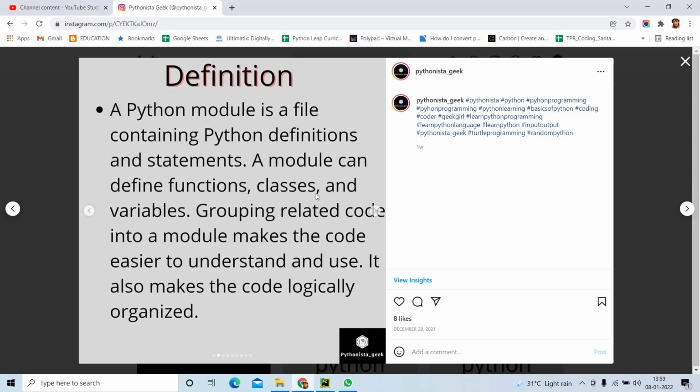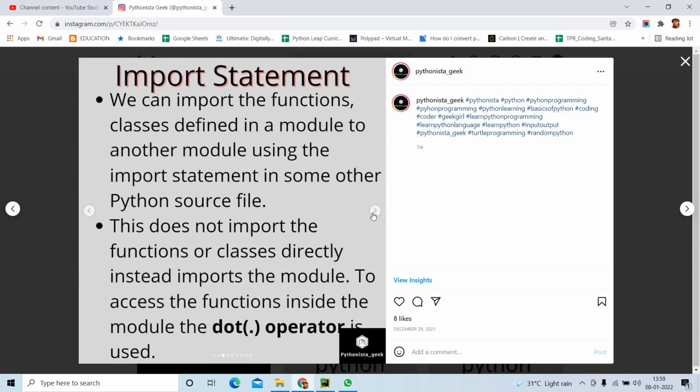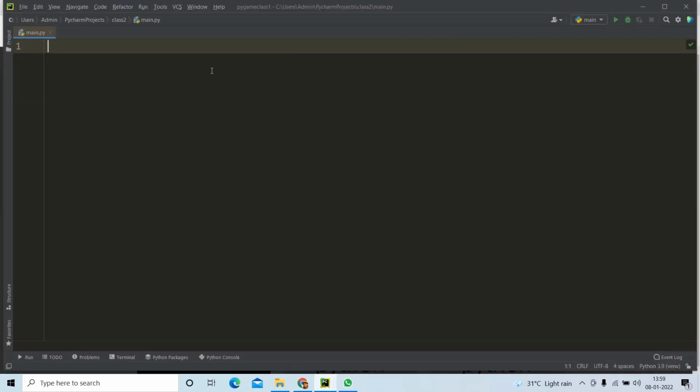Moving forward, we will be seeing how we should import a module and how we should access a module. For example, we can take a module called random to work with. If I want to import a module called random, the first thing I should do is write an import statement, import random.